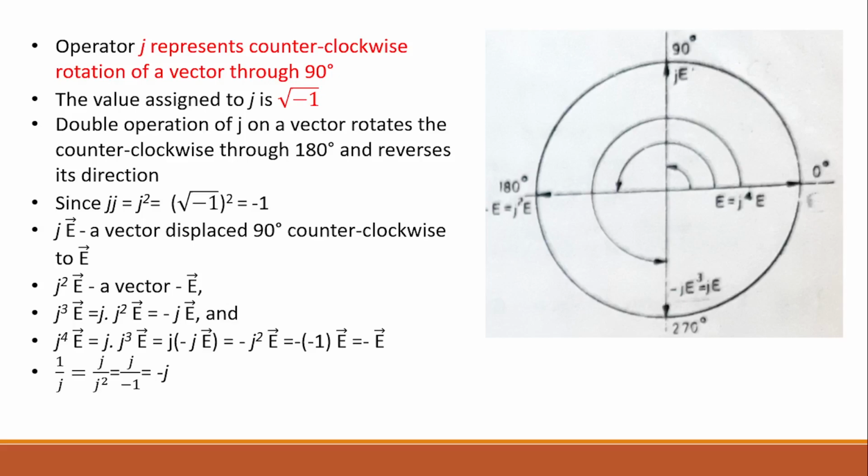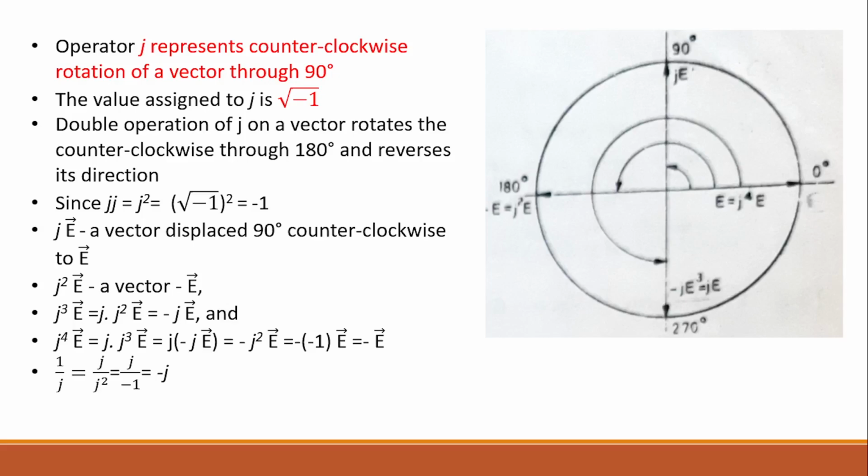So it is plus E. Here on the slide it has been written wrong. So it is plus E. That means rotation of vector E counterclockwise by 360 degrees. That means the same as vector E, because rotation of a vector through 360 degrees means it is the same vector. So the same is represented here.